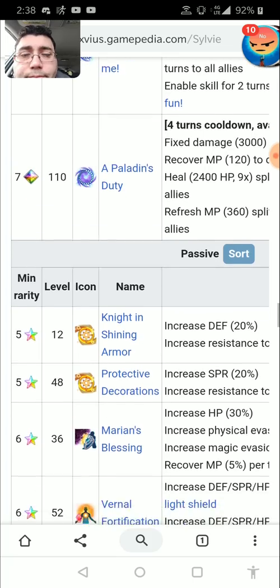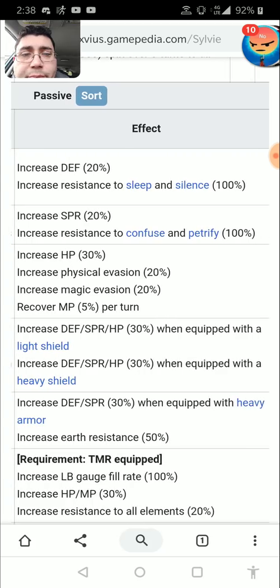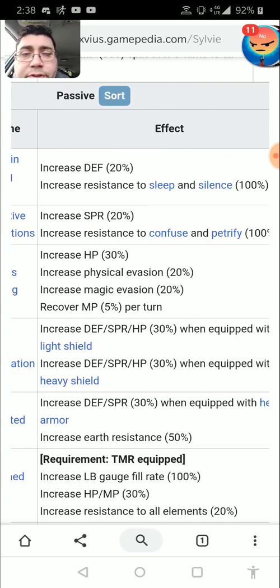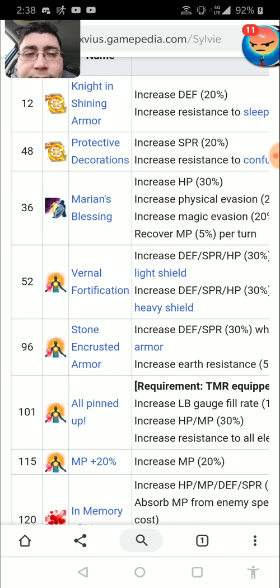Alright. So then she's going to have Knight in Shining Armor, increases her defense, increases resistance to sleep and silence. Protective Decorations, this is going to increase spirit, and then increases Confuse and Petrify resistance. Marion's Blessing is going to increase her HP by 30%. She's going to get physical evasion of 20%, magical evasion of 20%. So she's going to be able to dodge quite a bit of stuff there and recover 5% of her MP